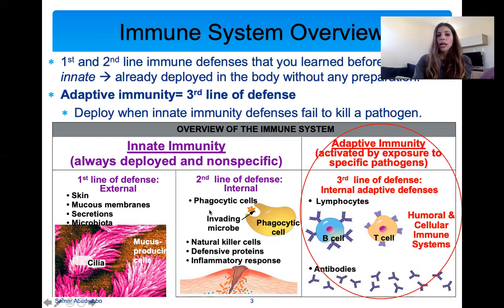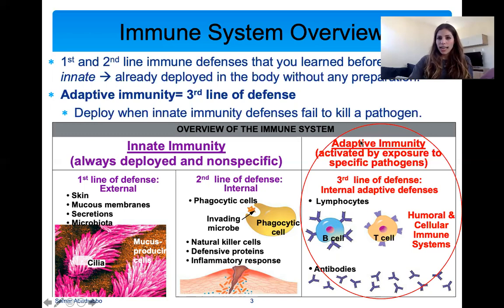This is the one that you're born with. Remember, that's why it's called innate. You innately have that immune system. It's always on. When we say that innate immunity is non-specific, we mean that it helps protect you against any pathogen. Now, if this immunity somehow fails you, your adaptive immunity kicks in, and it's called adaptive immunity because